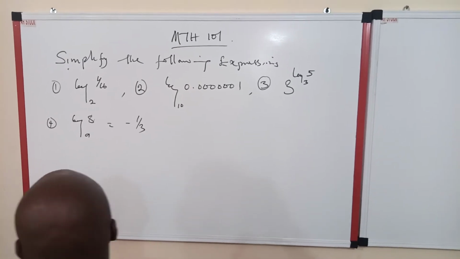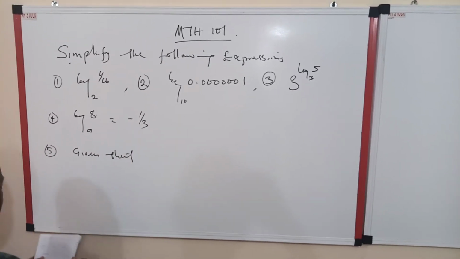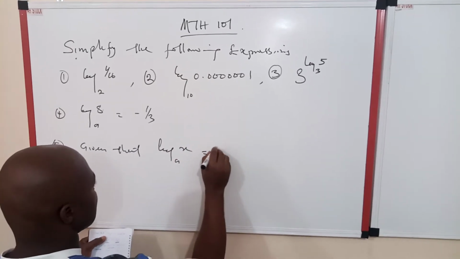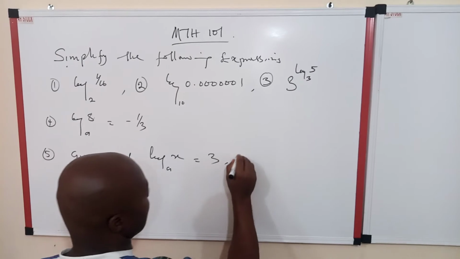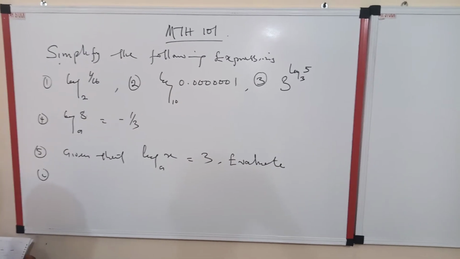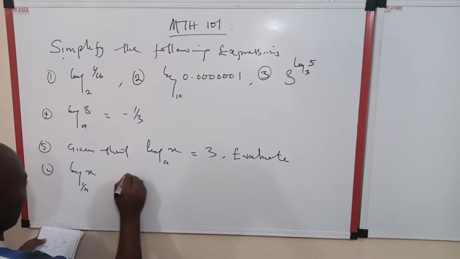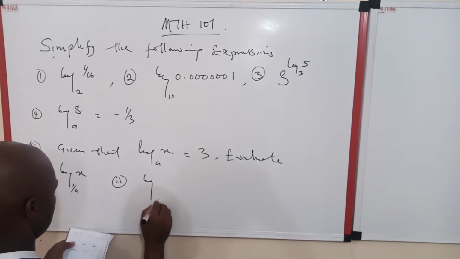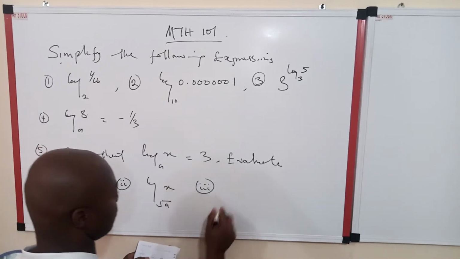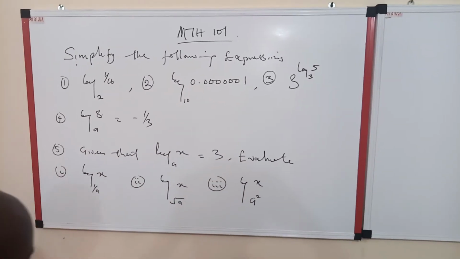5. Given that log a of x is equal to 3, let's evaluate: i. log of 1 all over a of x; ii. log of the square root of a of x; iii. log of a squared of x. Then lastly,